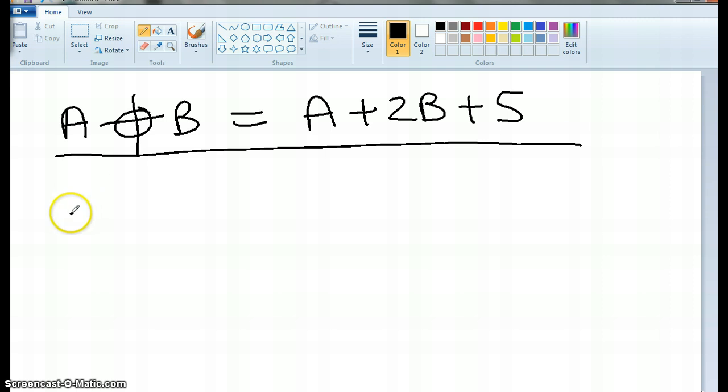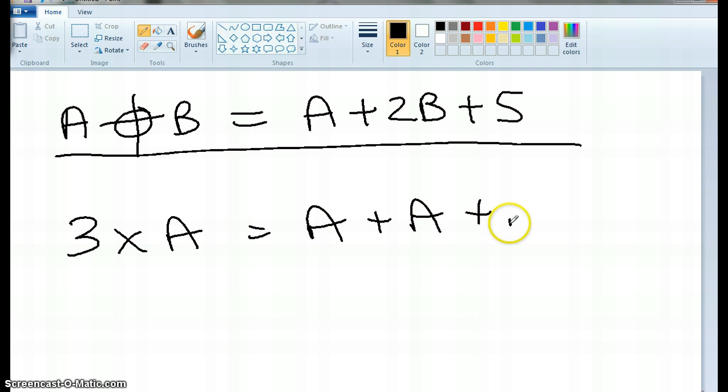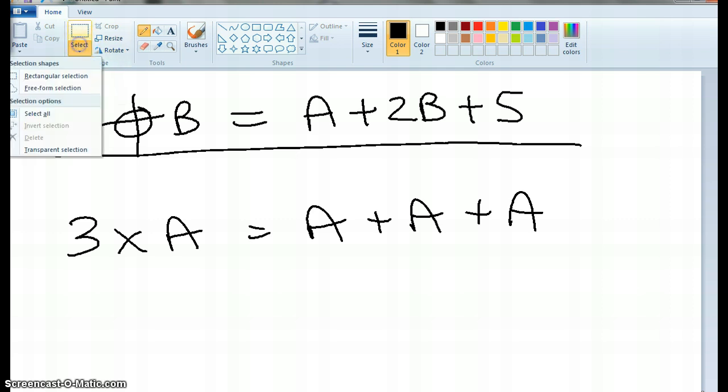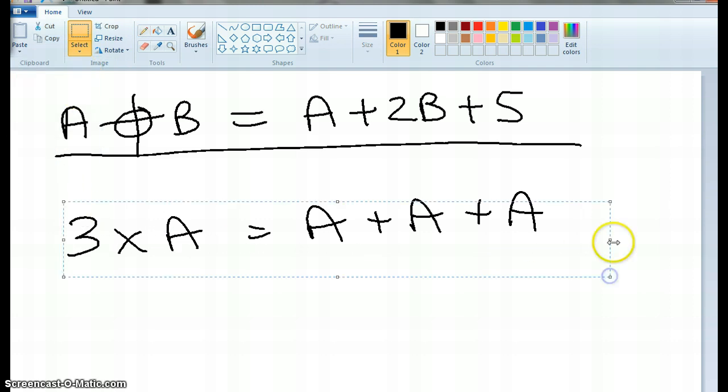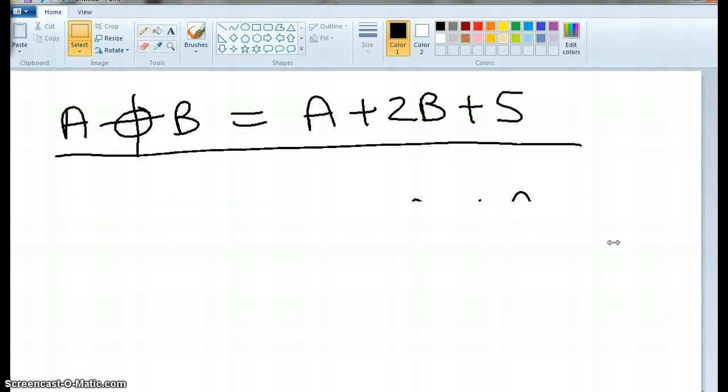For example, 3 times A is the same as A plus A plus A, okay? So at some point somebody made up times because it meant you didn't have to add lots of times. It was precision of language. Mathematicians like to have a concise language, okay? So the question might say,